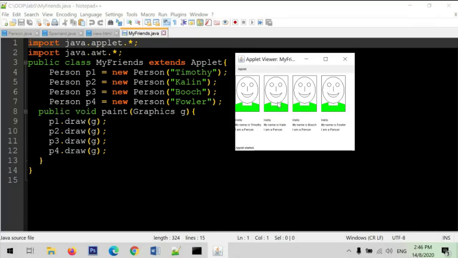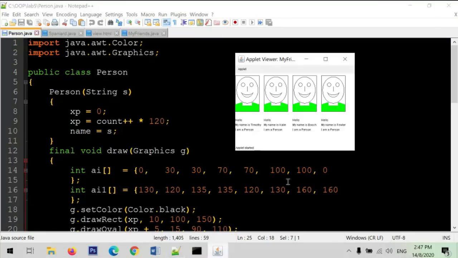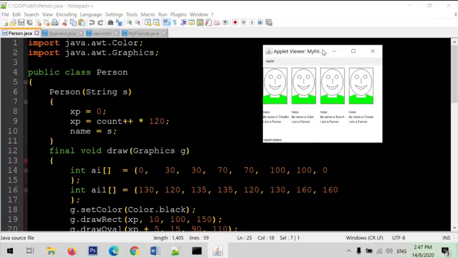Okay, now I'm going to show you the person class, and what functions we have actually defined there so that we can get this kind of output. We have 1, 2, 3, 4 objects, and for 4 objects we got 4 outputs, right? So I'm going to show you the person.java file, that means the person class, and how we define all these